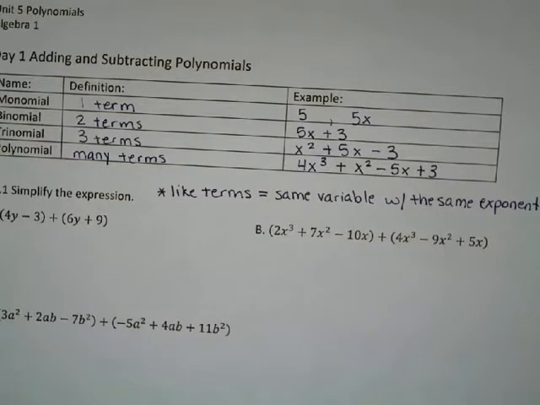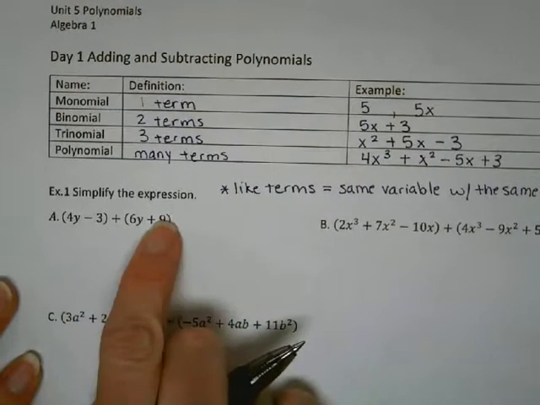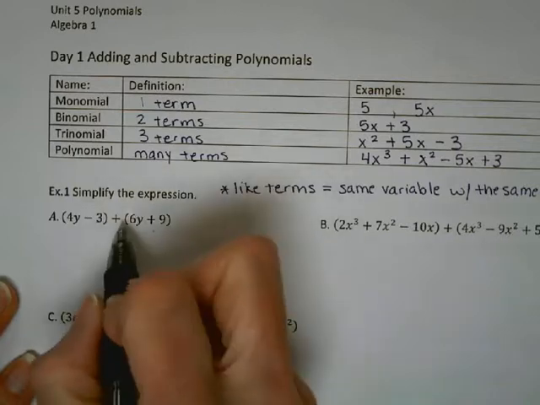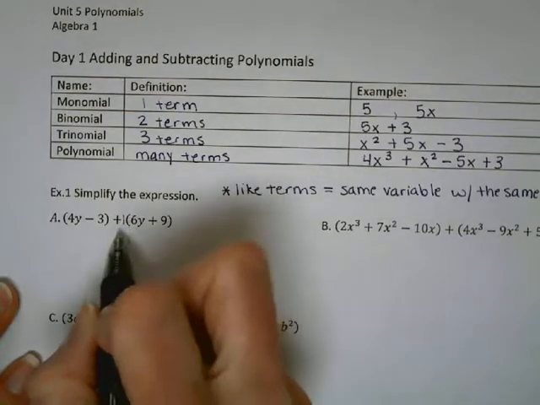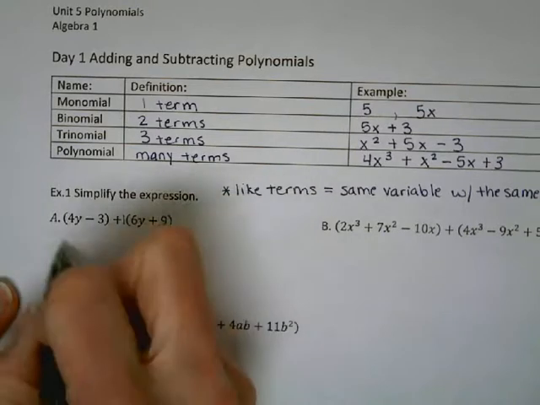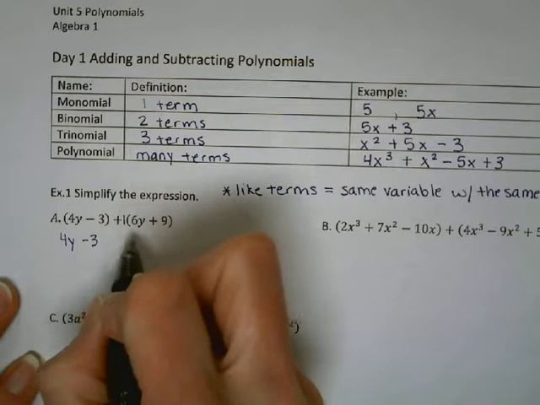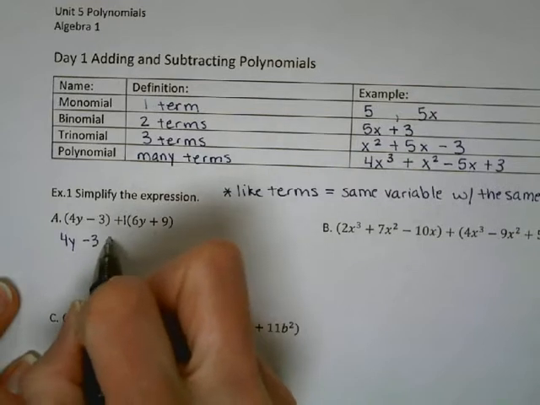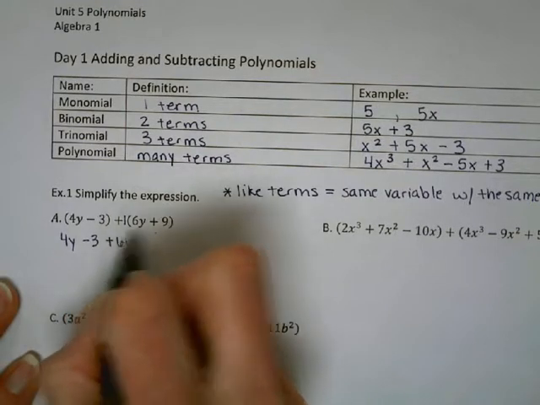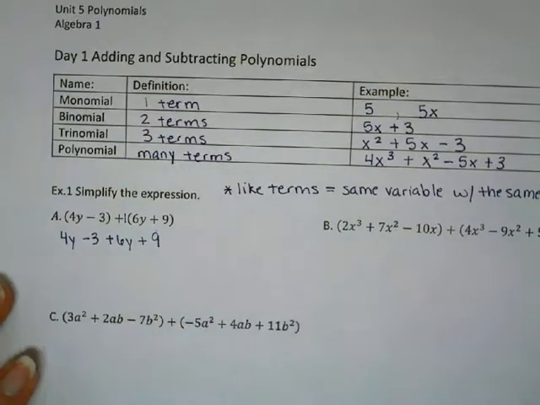So this one, first thing you do, if there's a plus sign, there's nothing to distribute, because if you think about the number in front of that parentheses is a 1. So if you take 6 times 1 and 9 times 1, it doesn't change those numbers at all. So we'll just bring down the first parenthesis. Again, 1 times 6 is just 6. 1 times 9 is 9. So it doesn't change any numbers there. So once I've gotten rid of my parentheses,